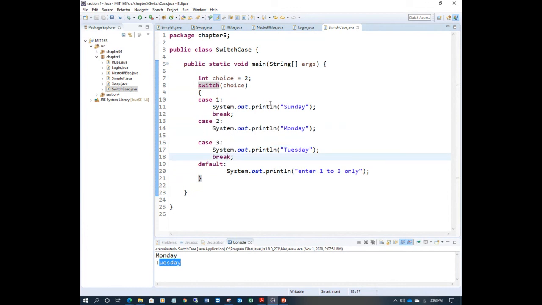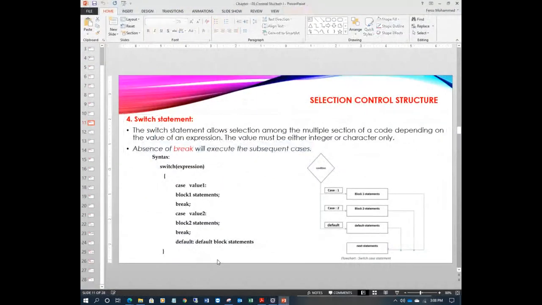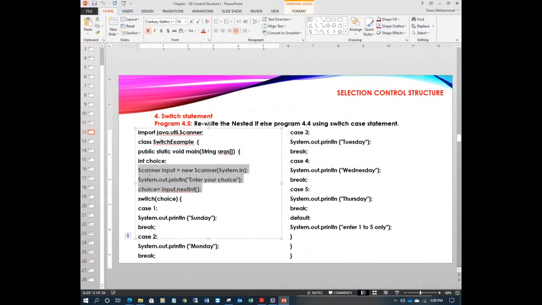So similar to the nested if else, you need to complete all 5 cases, 6, 7 cases, and use this default case. Try to run with different options, right? So we have similar programs in these slides, more generic here. Like you have seen the program here, I'm entering the choice using scanner. This part is extra. You can use the same program first without scanner, then with scanner, right?